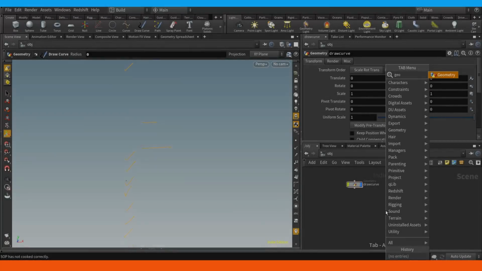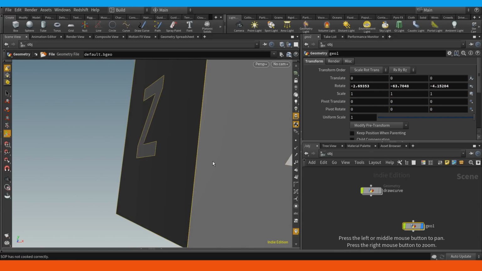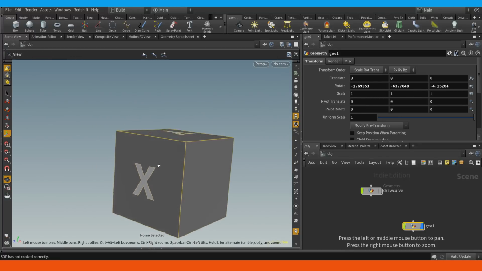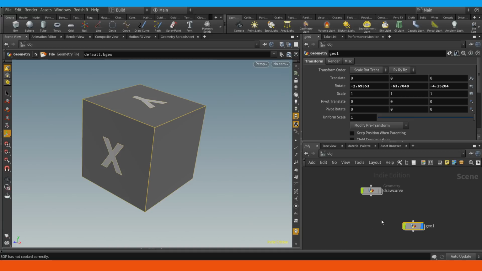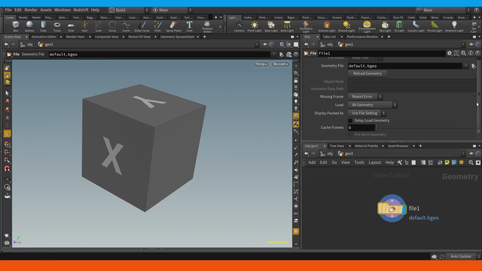GeoNode from my network just by typing in geometry. And I'll home zoom to fit by pressing space H, home selected. Inside of our geometry that we just created, you'll always see a file node, and that's Houdini's way of bringing in